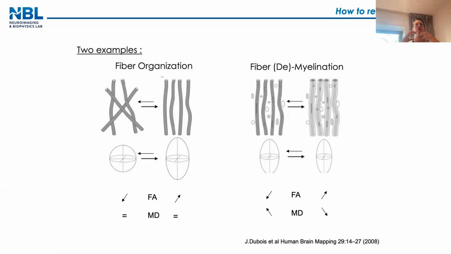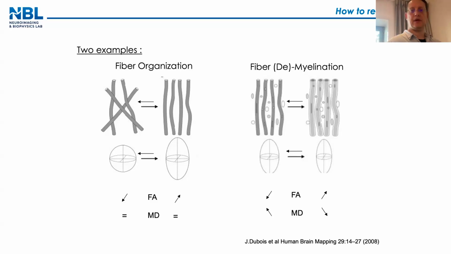Okay, so when you use diffusion, any model, you always have to think about what the water molecules are doing. That is the key for understanding how to use diffusion. It is always the water molecules. There is no staining, because sometimes people say, oh, FA is a marker of myelination, or mean diffusivity is a marker of neuroinflammation. It's sensitive to, but it is not